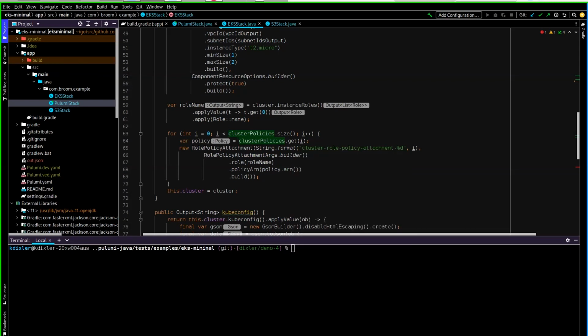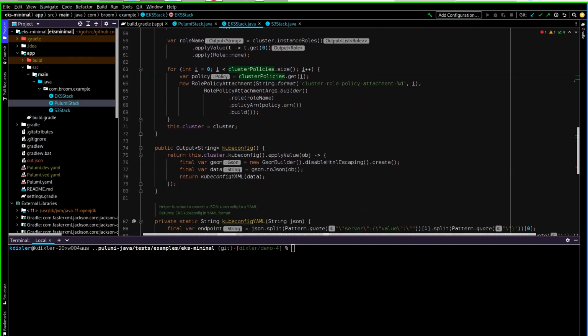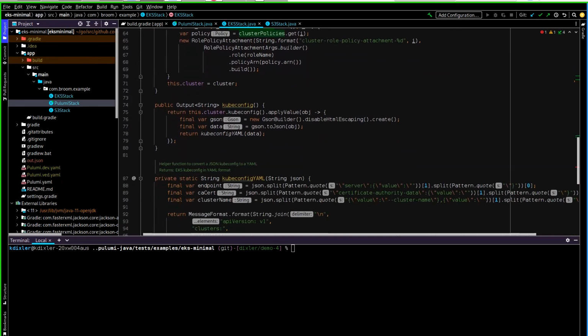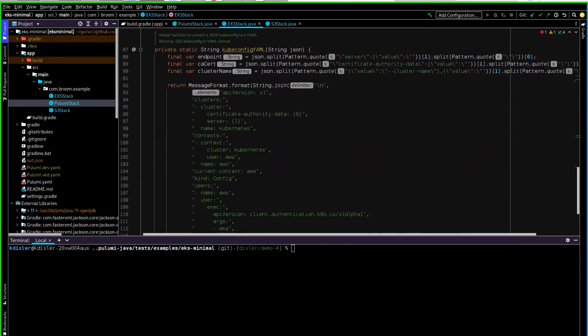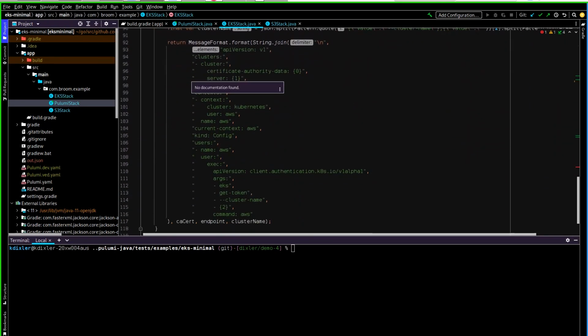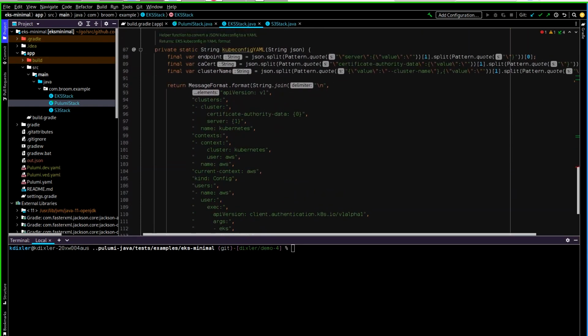Now that we've covered this stack, oh, right, I should mention, we have some helper functions over here to get the kubeconfig. And we have a function over here. Try not to look at it too much, it might hurt your eyes. Working with YAML and JSON inside of Java is not necessarily my strong suit, but I'm sure that there are a bunch of very seasoned Java developers out there that have ways of working with this easily.